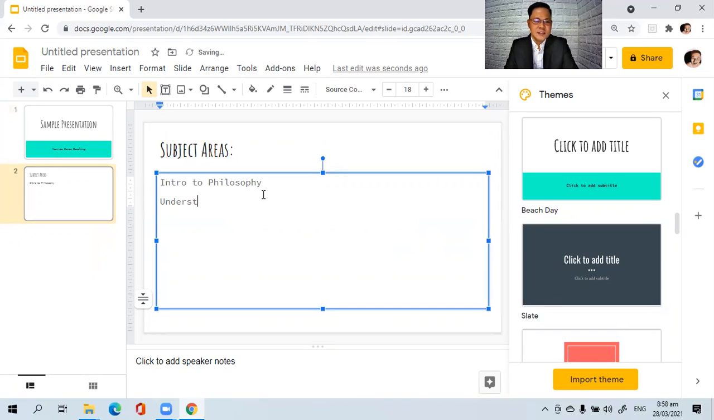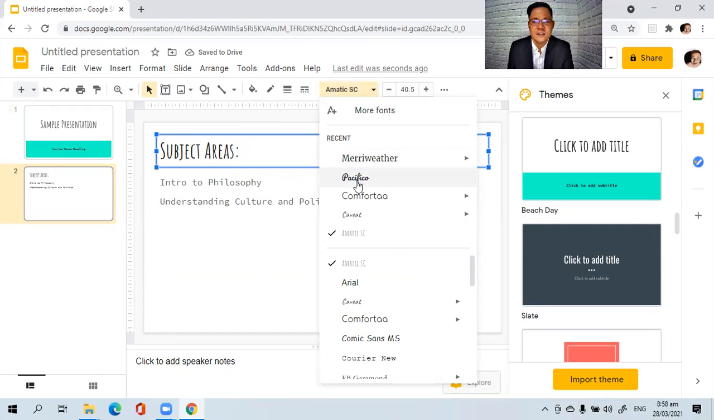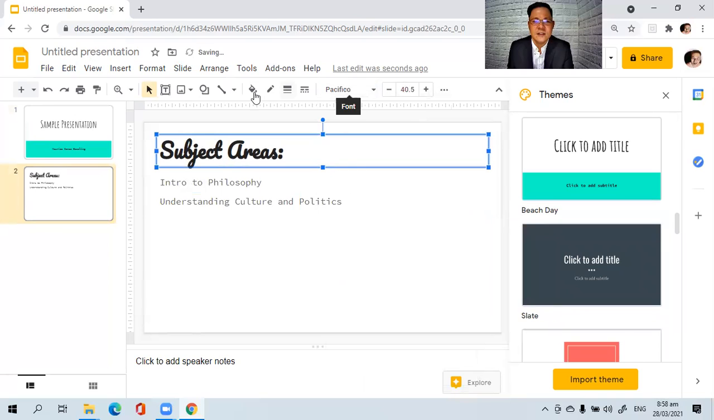understanding, culture, politics. So, okay. If you want to format, for example, the color, all you have to do is select, and then you can use the formatting toolbar if you want. You can change the size, font style. If you want to have a border dash,